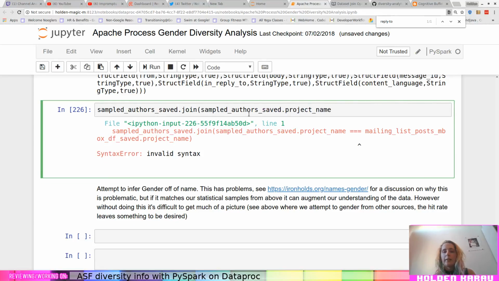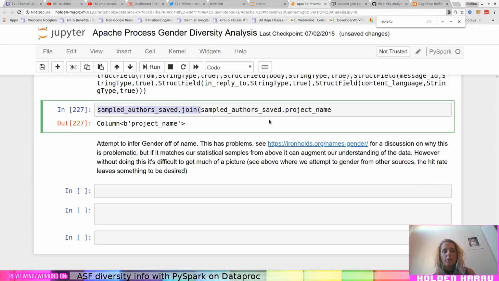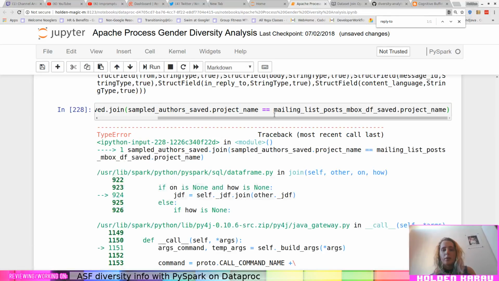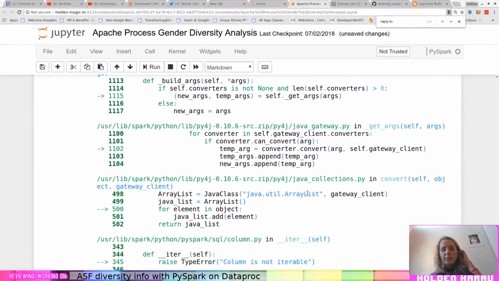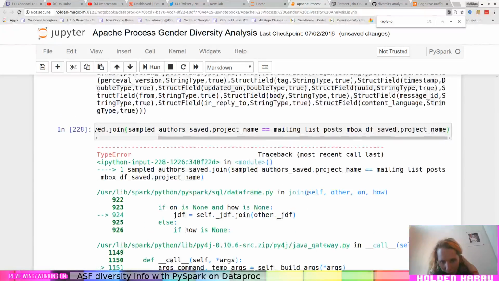Okay, that does give me what I want. Yeah, it's a column. The name is project name. Why is this simple equality not being the super happy fun party that I want? Column is not iterable.